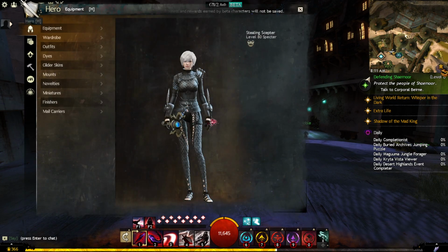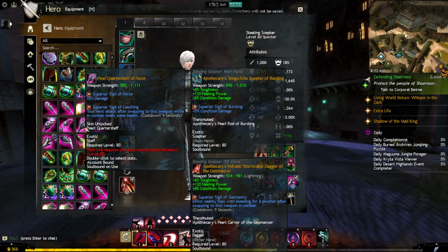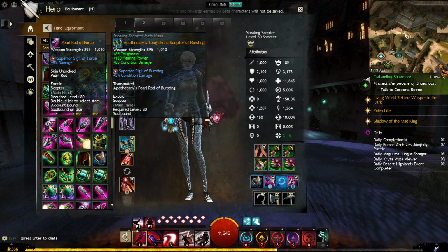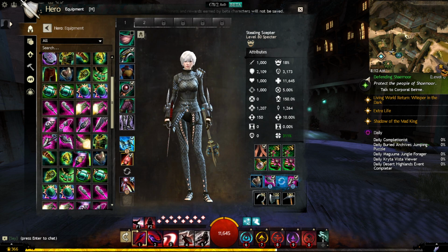Let's see. Did I open up all her? Yeah. See, is there another scepter? Oh, that's a staff. Okay, here's a scepter. Can you dual wield scepters? Let's see if we can. No, it's not going to let you dual wield. Okay, well, that's...